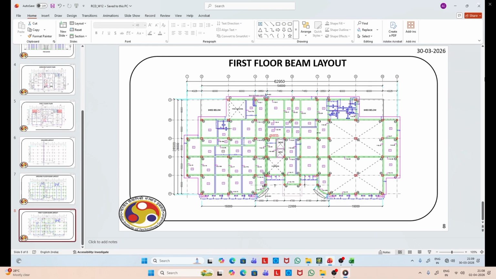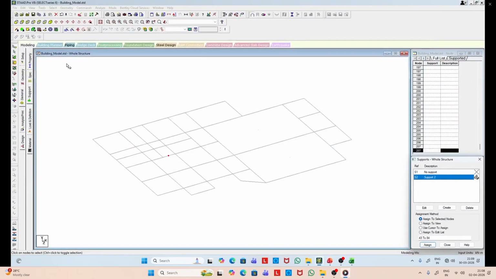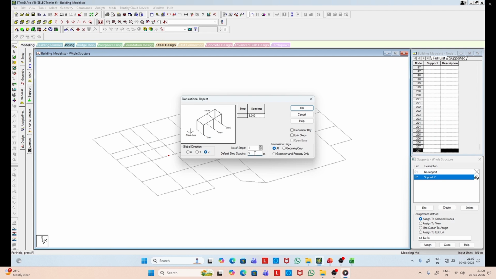We can see the beam is there. So let us create the points and the beam, the secondary beam.